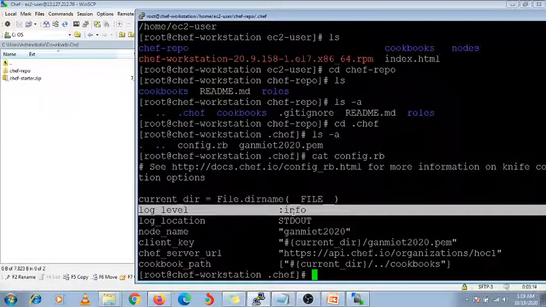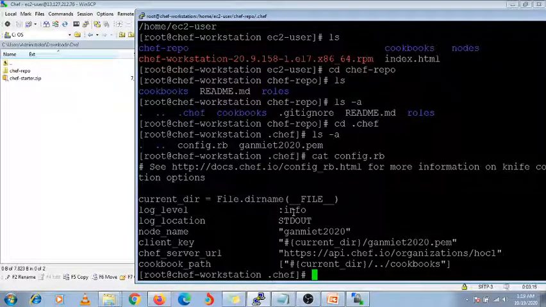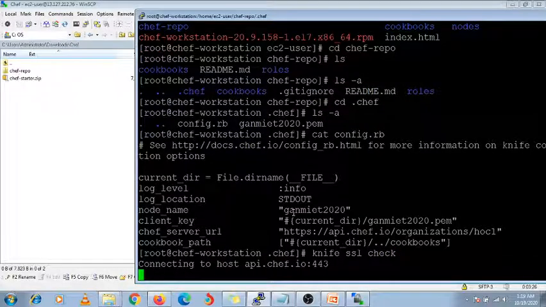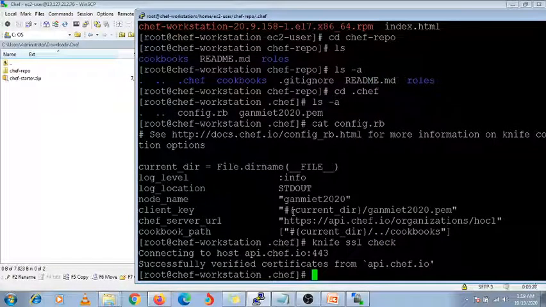Now we need to use this command, that is knife. Okay, knife ssl check, just enter it. Now using this command we are going to connect with our Chef server. Under this .chef directory you need to run this command.